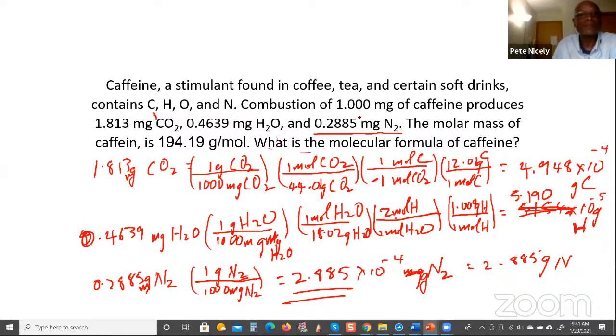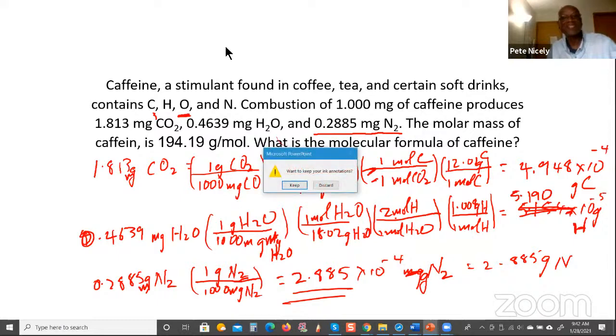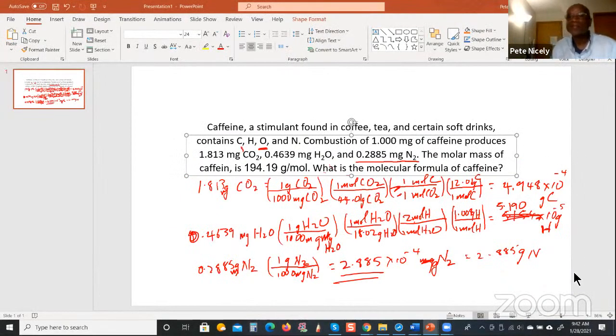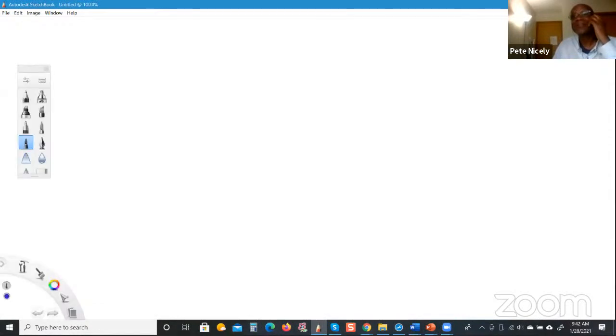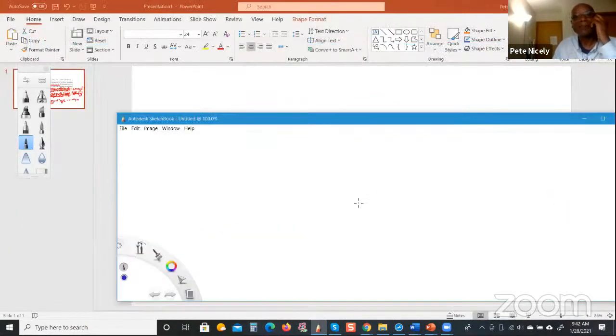Oh, shoot. Okay. So this is oxygen here. So we need to determine the mass of oxygen. And I'm running out of space. So let me go to my tablet here. So how do we get the mass of oxygen? Well, to get the mass of oxygen,